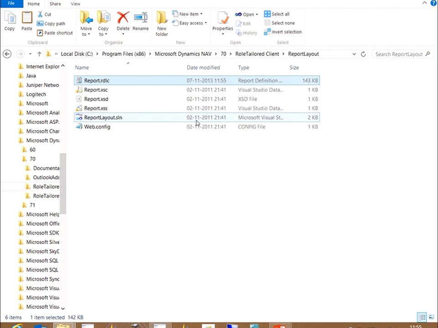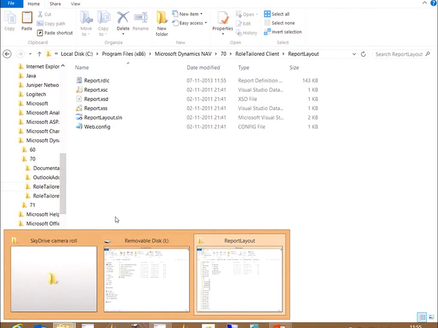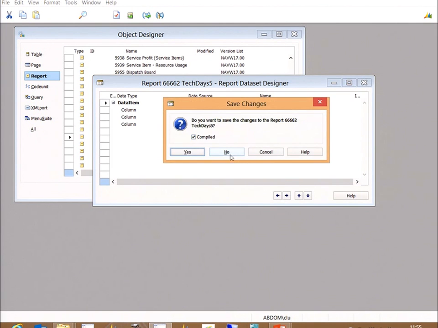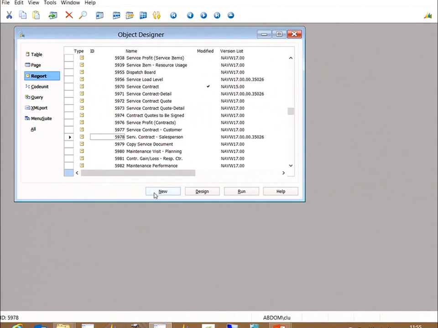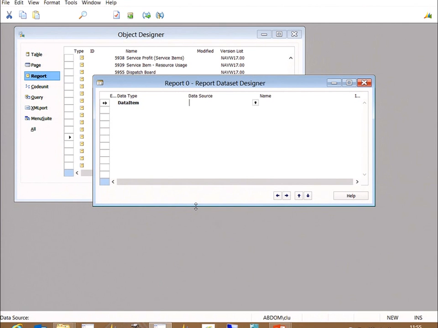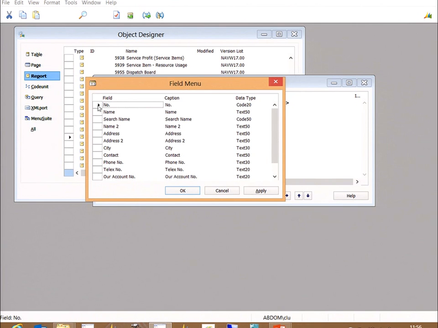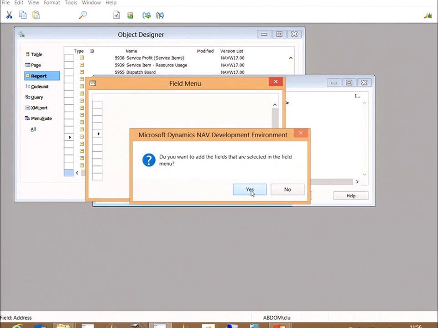So you don't actually need my template report. You can do this yourself. It's very easy. And then I will go and create a new report. So let's go and create a new report. So just say yes to that. That's fine. So new. So again, we'll just take the customer, add a few fields from the field menu. So yeah, it doesn't matter. So just get some fields in, and